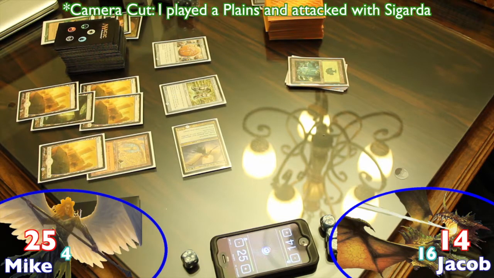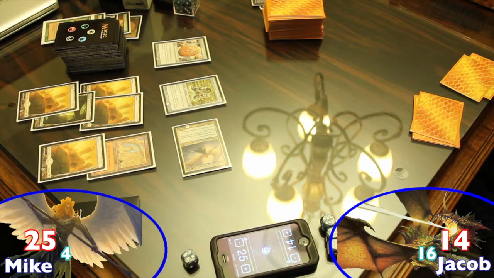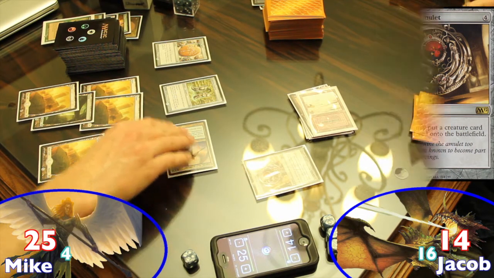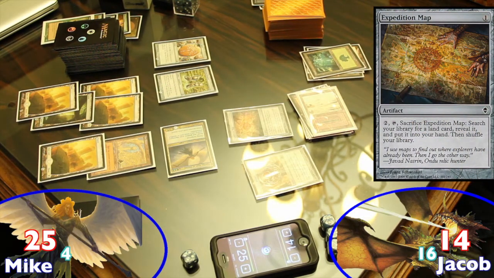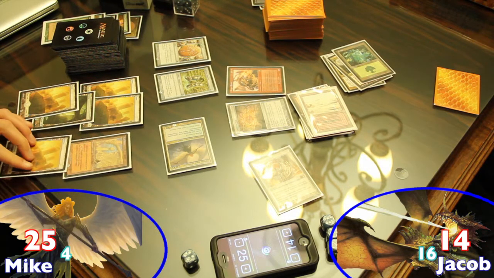He then passed his turn to Jacob, who drew and played a Badlands. He then cast a Quicksilver Amulet, and followed the Amulet shortly thereafter with an Expedition Map. On his next turn, Mike simply drew and attacked with Sigarda. Jacob used his Amulet to cheat a Dragon Tyrant into play, costing Mike his commander and giving Jacob a massive beating dragon. On Jacob's turn, he kept his Tyrant alive by paying 4 red mana at the upkeep, and then